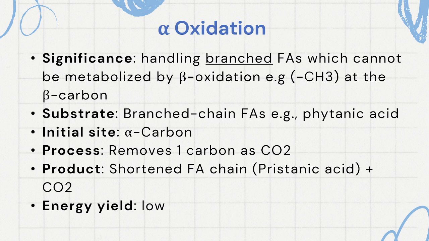And in alpha oxidation there will be removal of 1 carbon atom as carbon dioxide, and the products will be a shortened fatty acid chain plus carbon dioxide. The energy yield of alpha oxidation is quite low or none, because it is primarily concerned with detoxification rather than energy